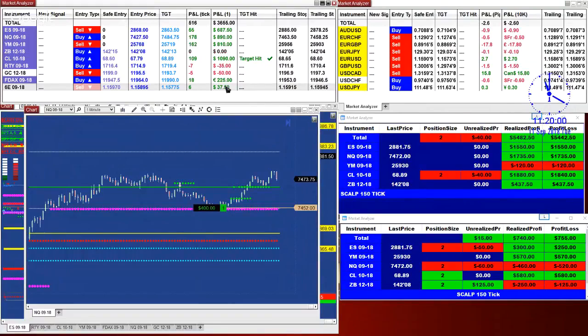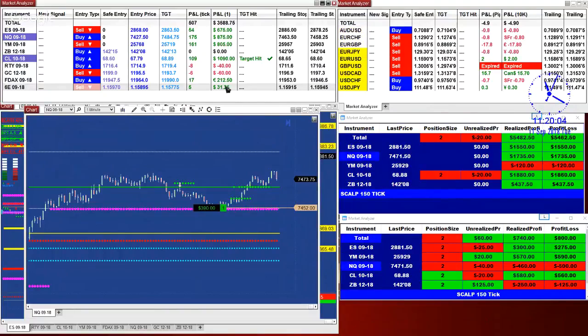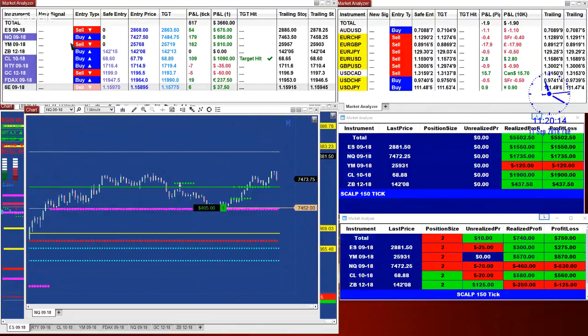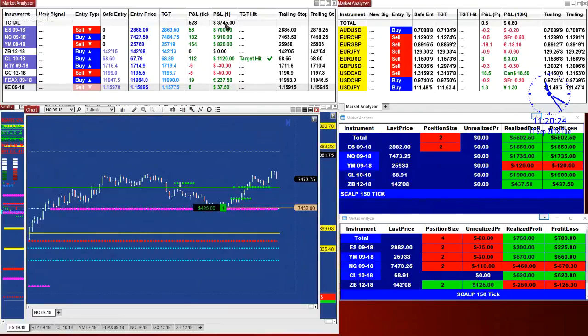At the moment, we are waiting on this Nasdaq to get down to that area, and I'm going to stay quiet for a few minutes. You are very welcome to follow the signal from the first column here. You will have a signal fire up and tell you the entry and the target. You're very welcome to copy those trades.